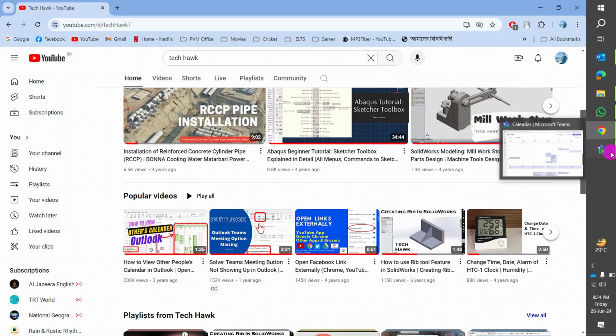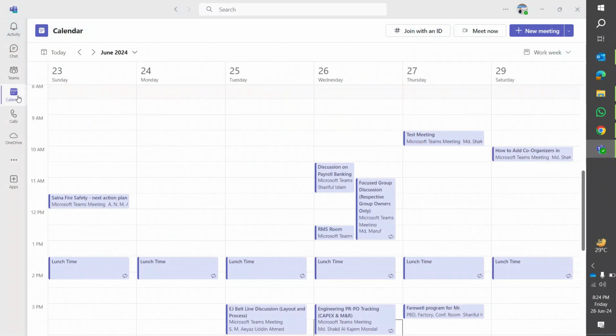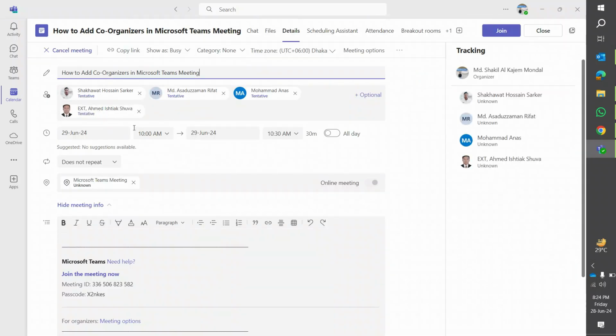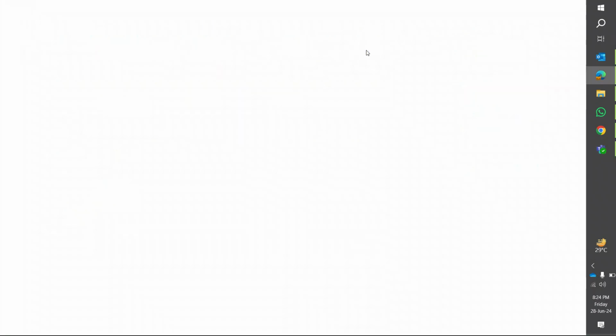So first of all, I'm going to open Microsoft Teams and click on calendar here. I have created a test meeting already. Just double click on it. This is the meeting. At the top right corner, you will find meeting options. Click on that one. So it will go to the browser and some meeting options will appear here,